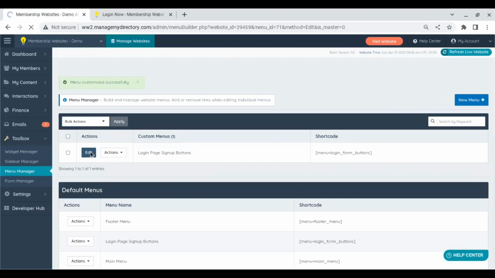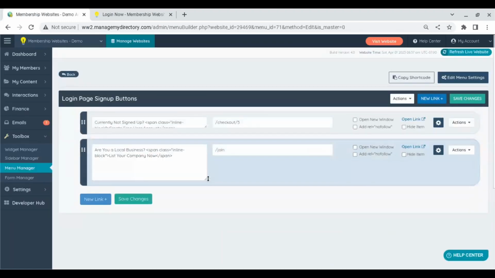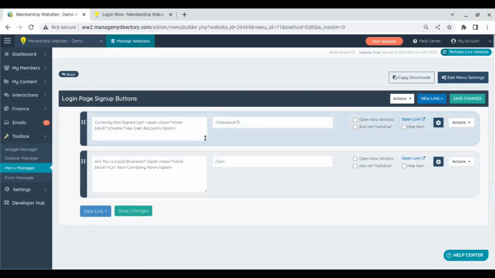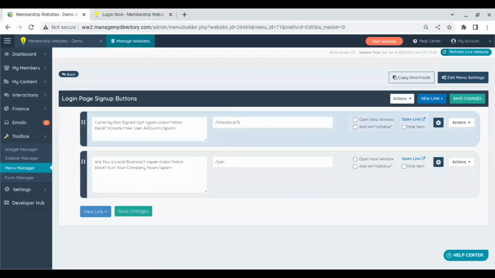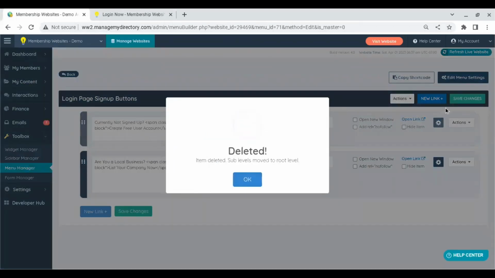If we go back into this menu, sometimes, again, a question that's asked is, what if we don't want both of these buttons to appear? What if you just want one of them to appear? So maybe if you're just appealing to businesses and you don't require user accounts maybe on your site. So what we could do is go to the currently not signed up user account and delete this item. So if we click yes